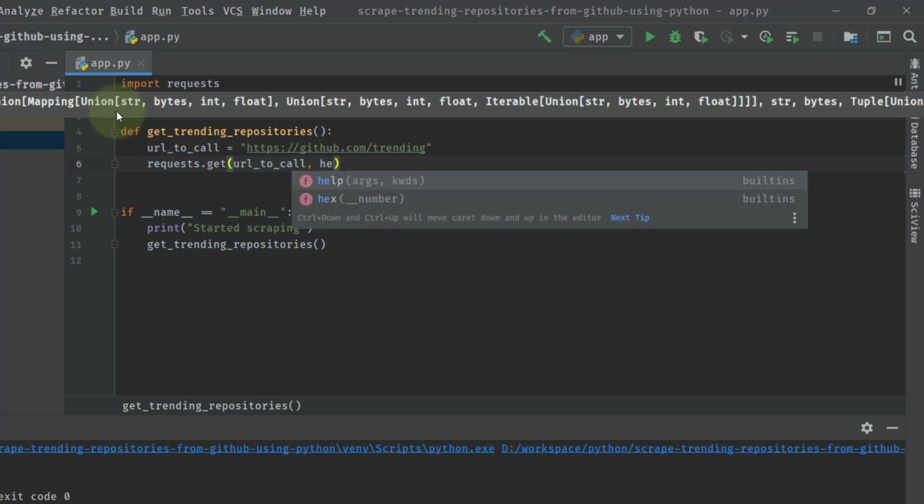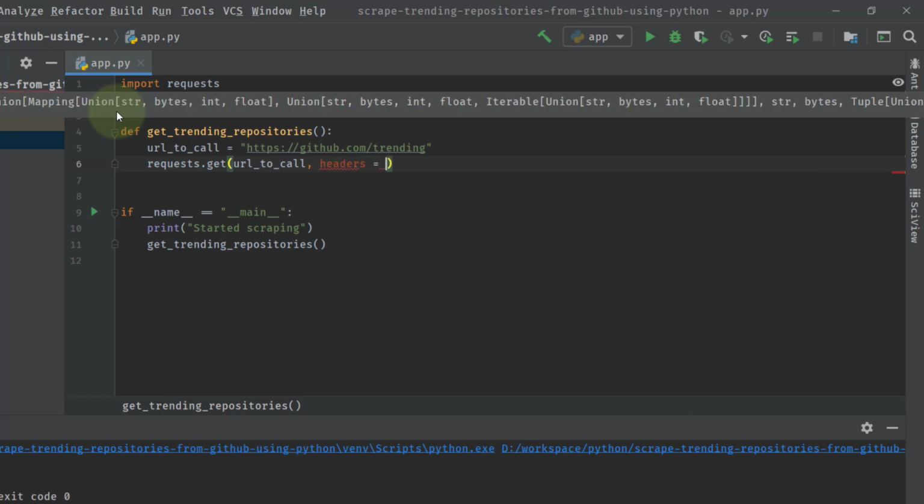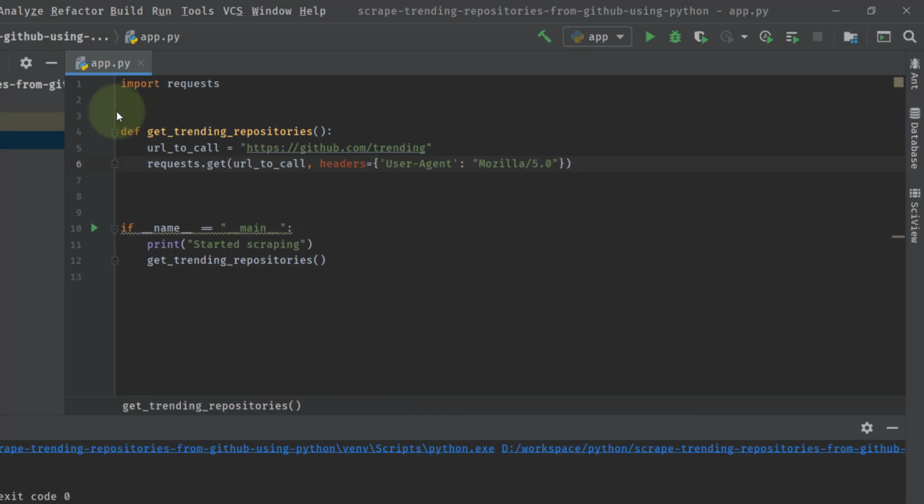And then we want to pass some headers so that we can say that the call is originating from a Chrome or Mozilla Firefox like environment, so that GitHub will not block us, or if it sees that some script is running it, it will bypass that. So I'll write headers, user agent, with the value Mozilla/5.0. So this is the header that we are passing. Once this header has been passed, we will collect the response in this particular variable.